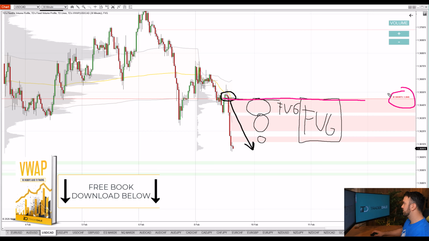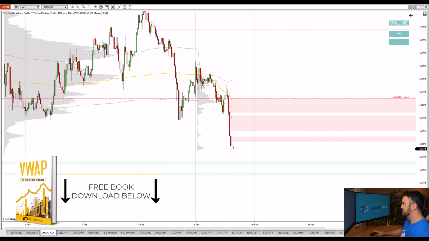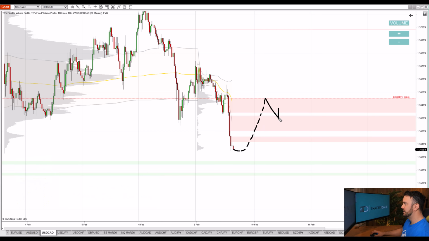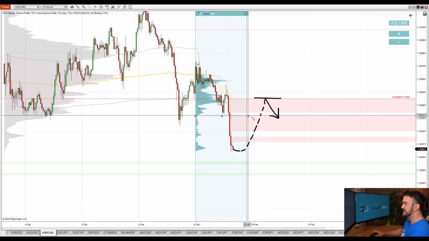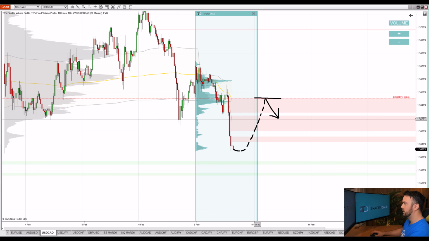The level, the short level, is at 1.3645, and if there is a pullback to it at some point in the future, I expect a reaction there. And not just because there is the beginning of a fair value gap, but also if you look at volumes, then currently this is the daily point of control. Right here, this is the daily point of control,